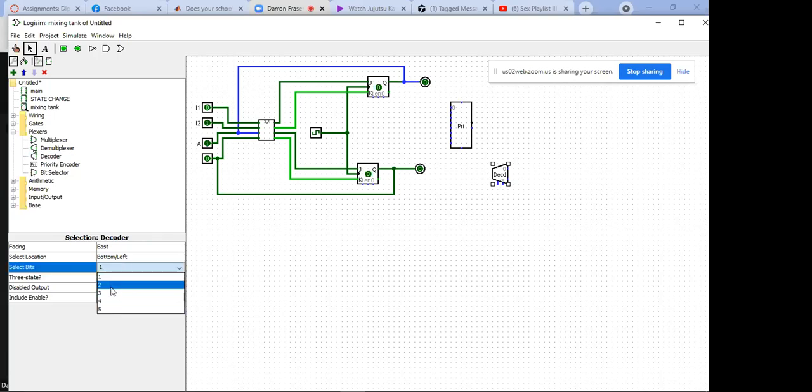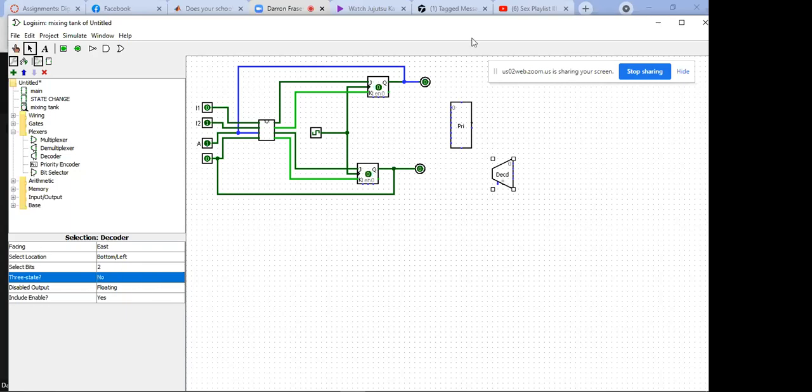So I suppose they just use 2 inputs and make the third one permanently 0, and then use the 4 outputs. I don't know how you'd have to connect the same output lamps to the decoder to say that is to be connected to the mixer. That is to be connected to the stir of output 1. Output 2 is to be connected to the,